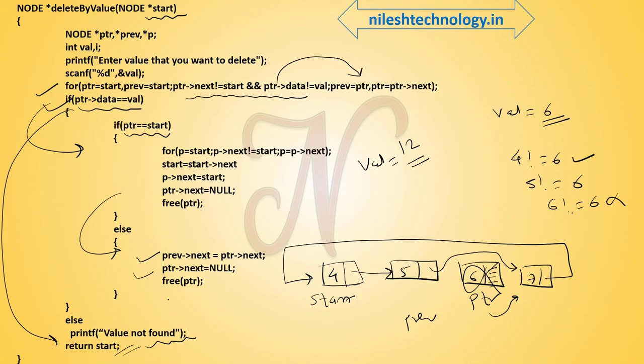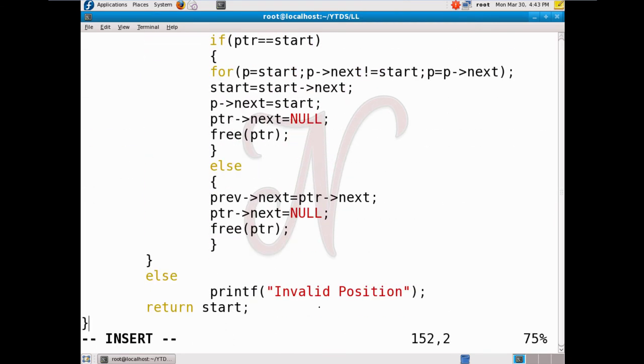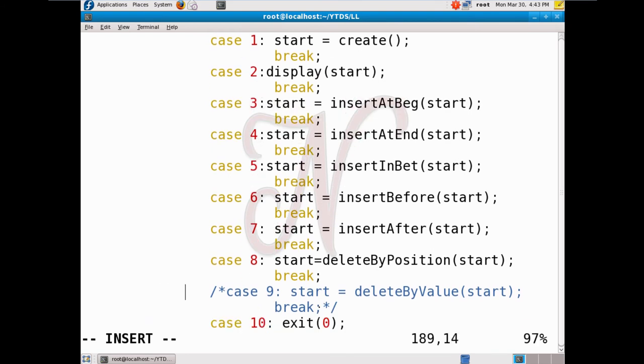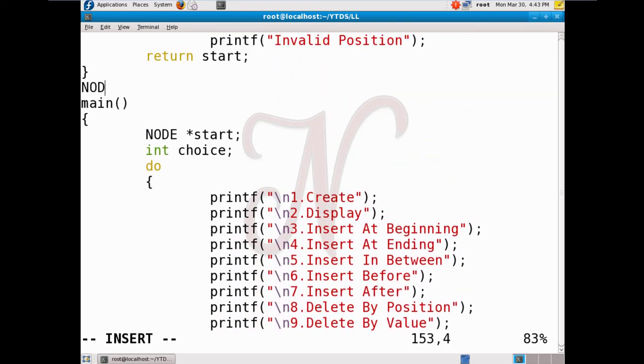So going to program mode. In this program we add one more case, this is your case number 9, delete by value. Here we add one more function, node star delete by value.